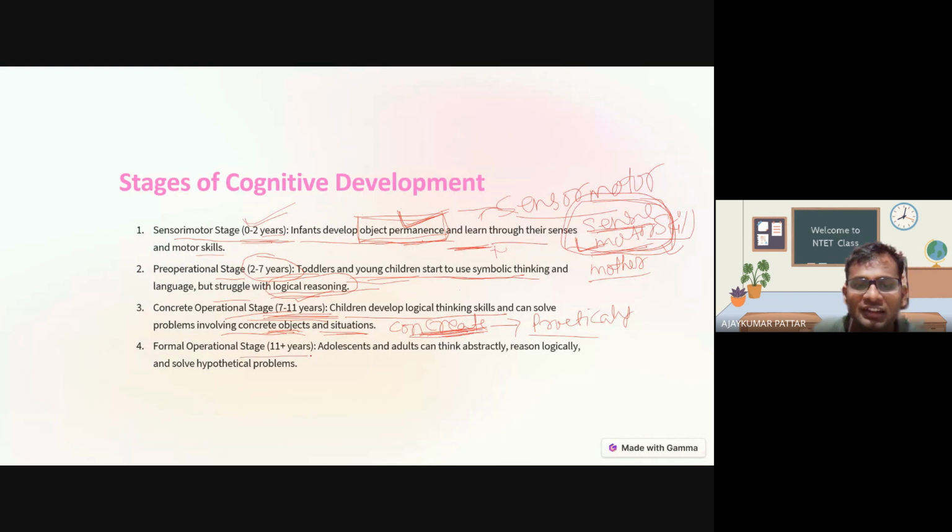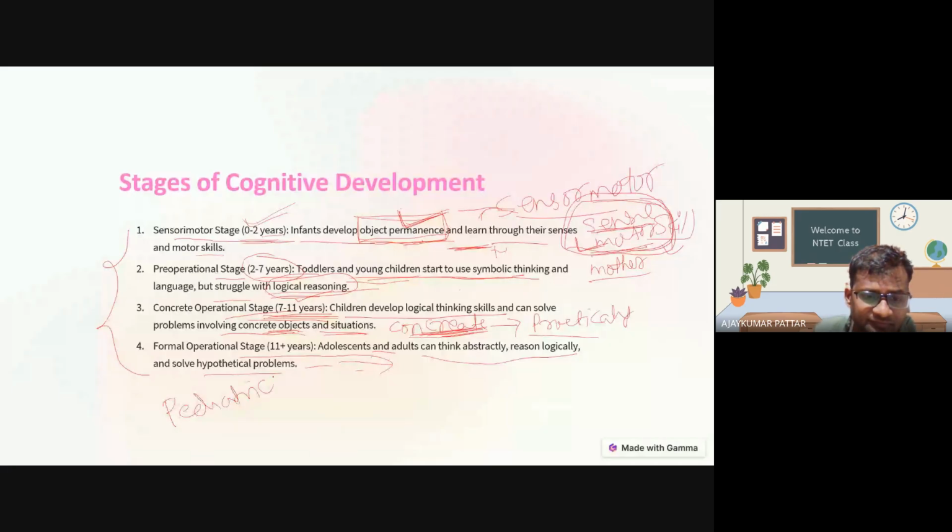In the formal operational stage, after the age of 11 years, adolescents and adult learners, their physical, emotional, social development will also increase as the age grows from adolescent to adult. They will mature, they will understand, they can even imagine, they can do abstract things also. To know these concepts better, I am just introducing the little things. These all you already learned in the